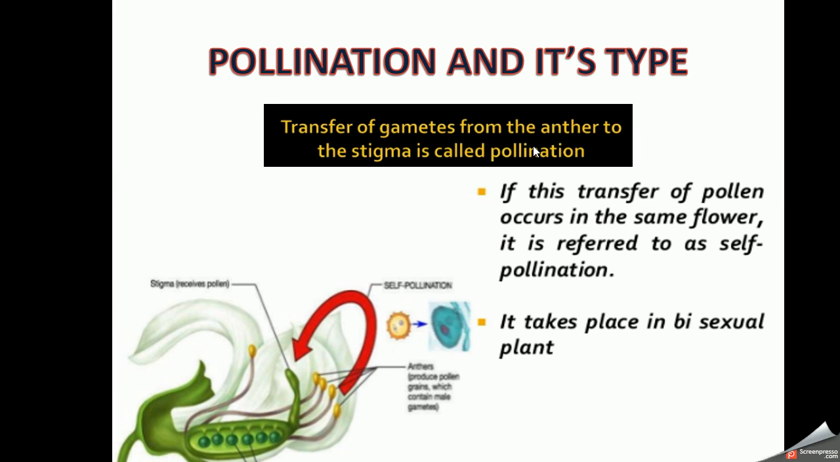What is self-pollination? Transfer of pollen grain from anther to stigma of the same flower or a different flower of the same plant. What I mean, एक प्लांट में बहुत सारे फूल होते हैं, तो जब इंसेक्ट्स बैठती है तो वो